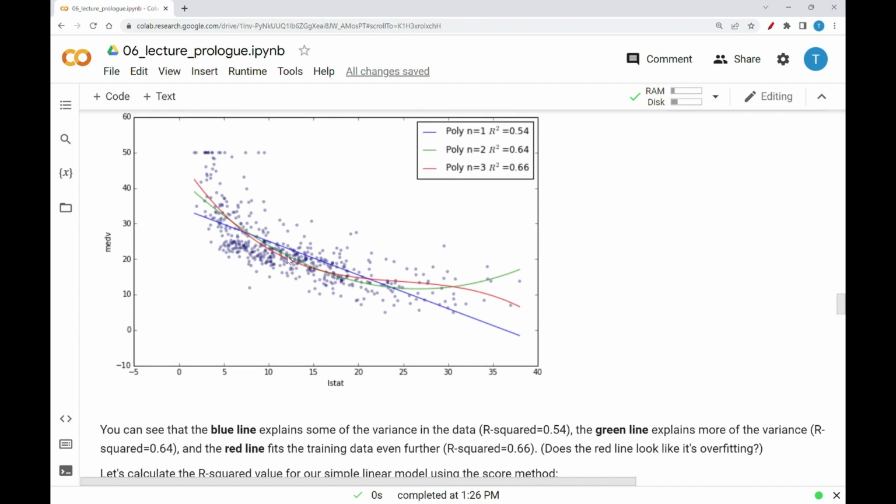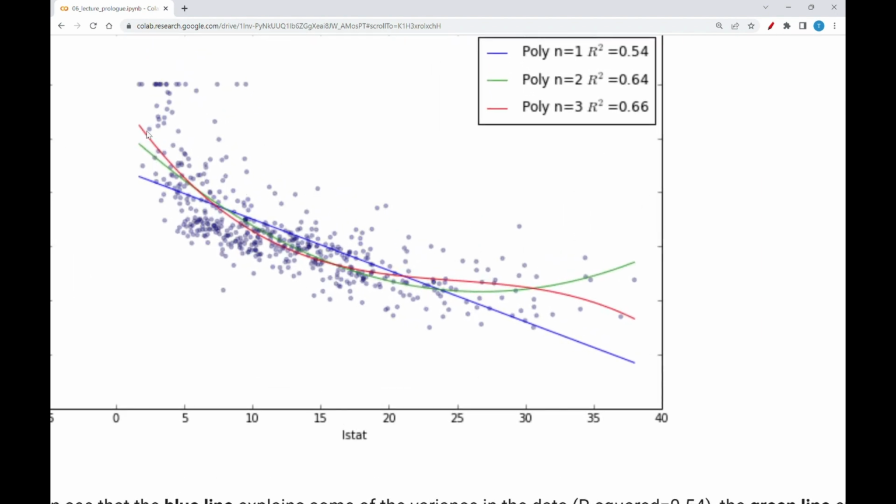Although I would say that red curve is maybe looking like overfitting, because if you look at what's going on with that red curve, and I know it's a little bit of a fuzzy picture, it's swooping down. There seems to be definitely a negative trend in the data overall, and maybe it's leveling out a little bit here. But the red curve starts to have this trend where it comes up a little bit, and then it starts to go down instead of maybe leveling off. Even with the green, it's not clear that just because the R squared value is getting better, you do